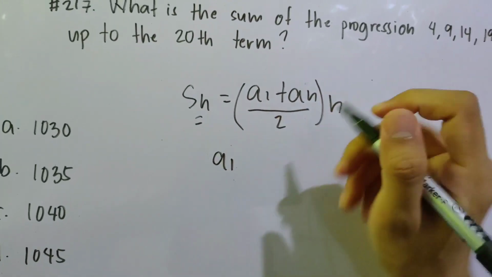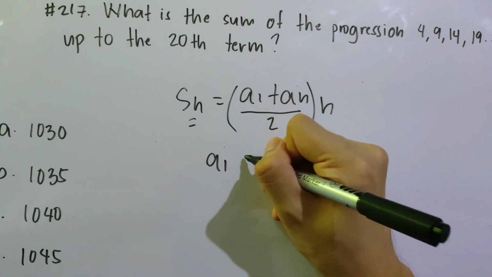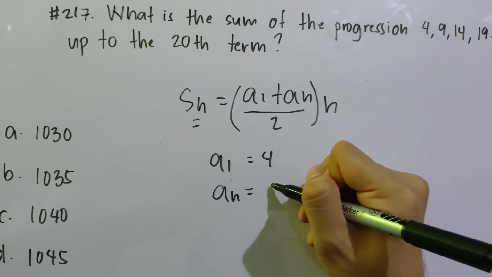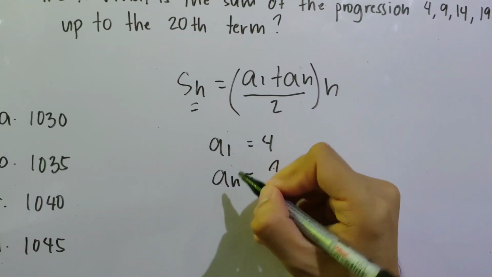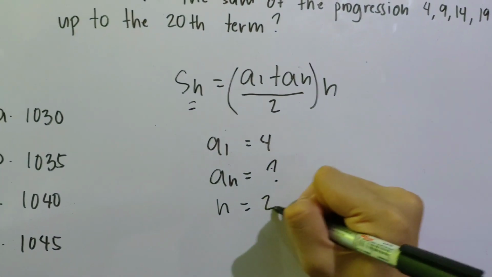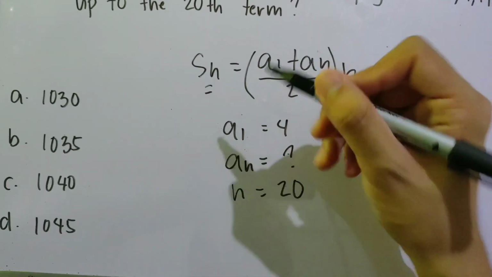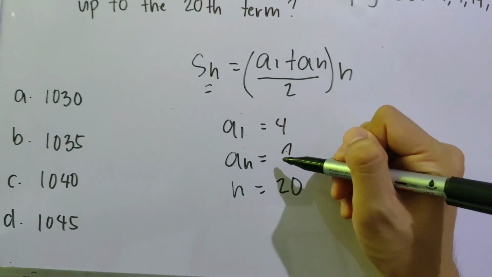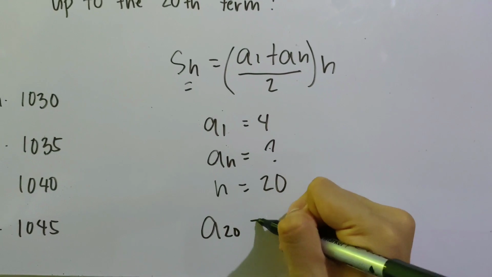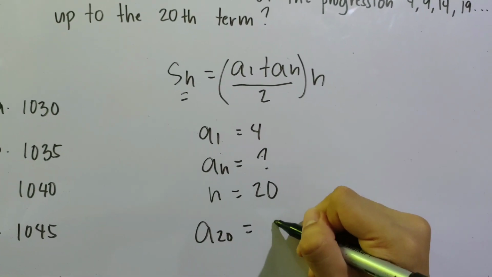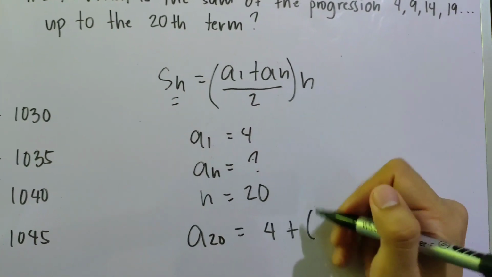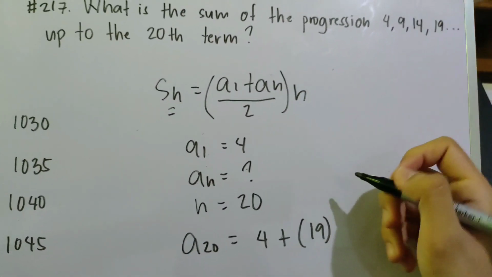Yung A1 natin ay yung first term natin, which is yung 4. Yung An, hindi pa natin alam yan. Tapos yung n natin, equal to 20th term, sabi niya. So, 20 terms. So, bago natin masolve yung sum of arithmetic series, isolve muna natin yung An, or yung A20. A20 is equal to A1, which is 4, plus n minus 1, or 20 minus 1, 19 times yung common